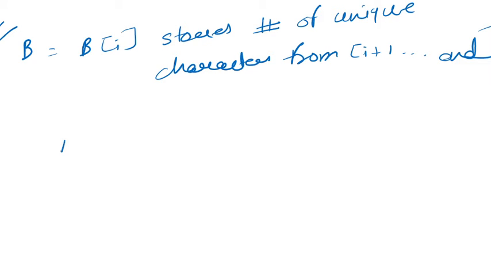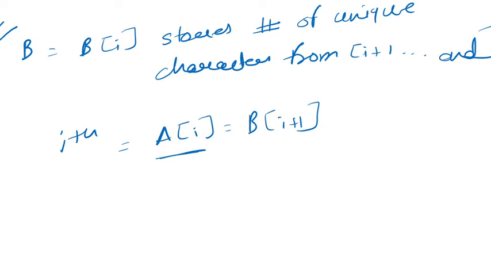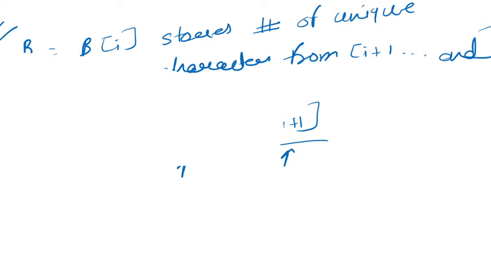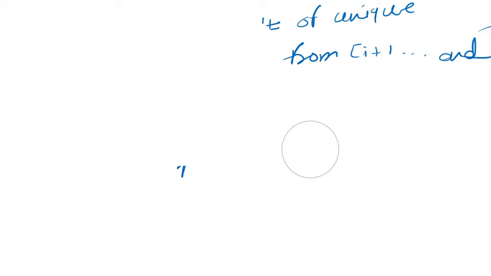We have to find i such that A[i] is equal to B[i+1]. Since A[i] will denote the number of unique characters in the left split, and B[i+1] will denote the number of unique characters in the right split, the second split, right? So this will be a cakewalk if we have A and B, right? So according to the question, let us compute A manually, then we will code it.